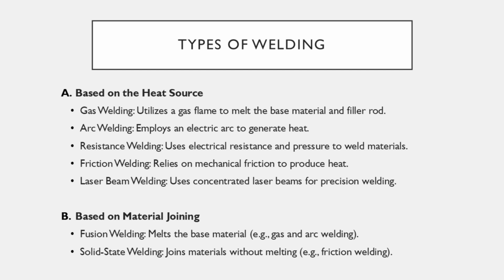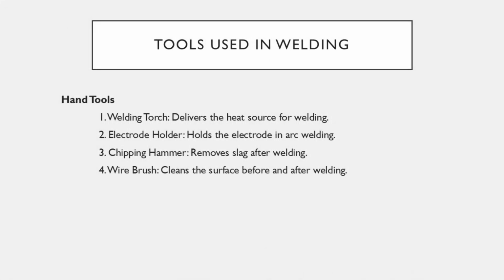Whereas, based on material joining, we have fusion and solid state welding. In fusion welding, it melts the base material to create a joint, for example, gas welding or arc welding. In solid state welding, it joins the material without melting them. For example, as it is done in friction welding. So when we know what is welding and what are its types, we should also know what tools we use